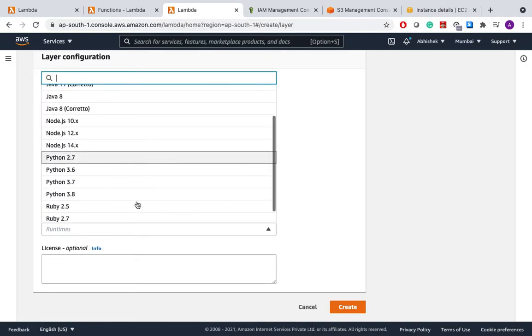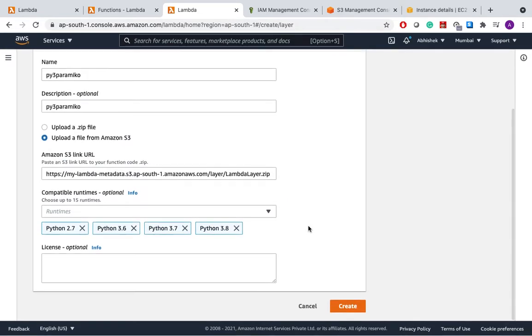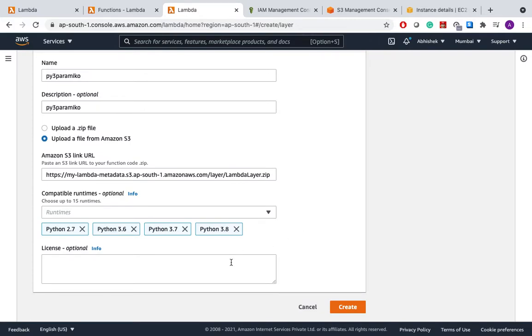We have to select the runtime now. So we'll select Python 2.7, 3.6, 3.7, and 3.8 because it should support all the runtimes. If we have any additional license information, we can put it here or we can create the layer.